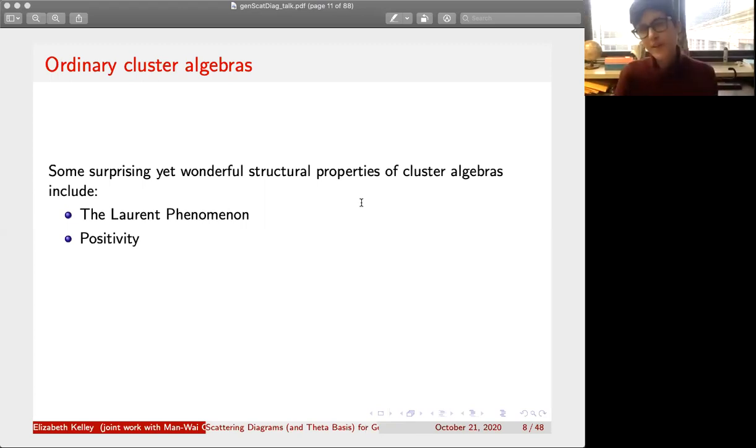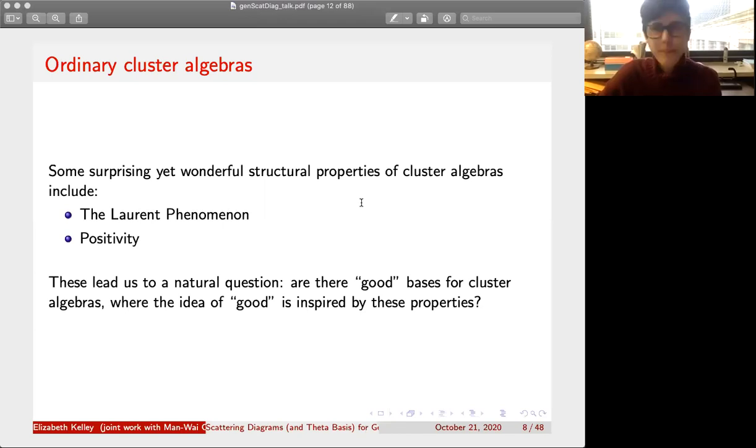There's a whole story that you can tell here about combinatorial objects called snake graphs that you can use to come up with these coefficients. I would love to tell this story, but unfortunately it's also a tangent. But one natural question that comes out of these structural properties is, are there good bases that I can write down for cluster algebras? And by good, in some sense, I'm not really going to define what I mean, but I want to say that these